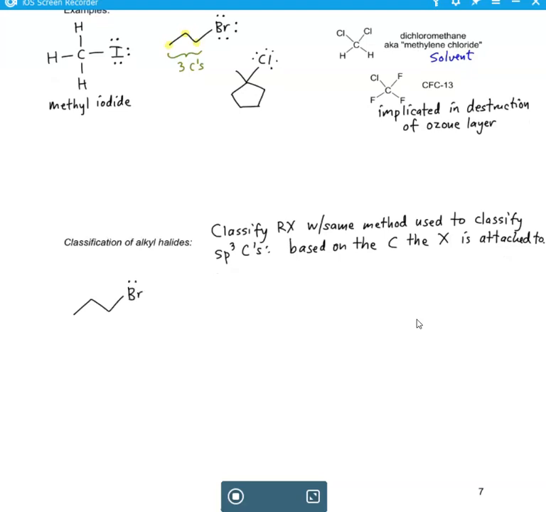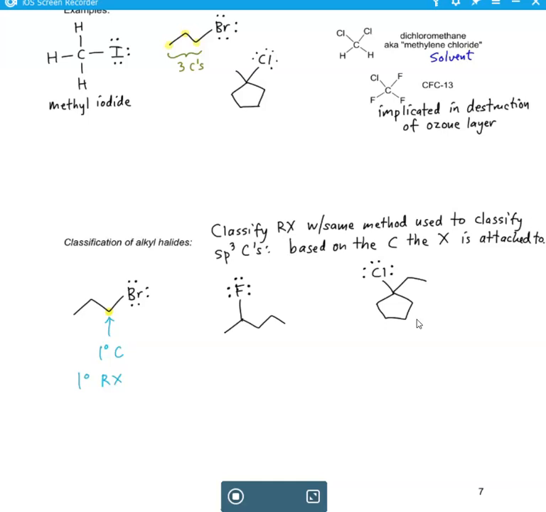So I'm going to draw 3 structures. Like so. All right, so let's take each one of these and classify it as either primary, secondary, or tertiary based on the carbon atom that the halogen is attached to in each case. In the first case on the left, the bromine is attached to the carbon that I've highlighted, and that carbon is attached to 1 carbon. That makes it a primary carbon, and thus this is a primary alkyl halide. Now, if you wanted to be really specific, you could say it's a primary alkyl bromide, but primary alkyl halide